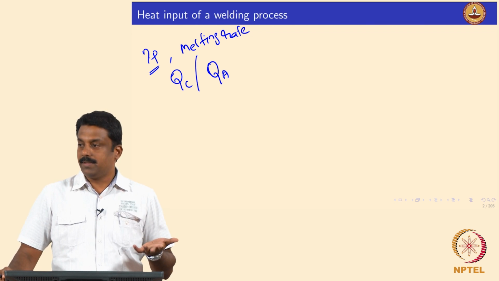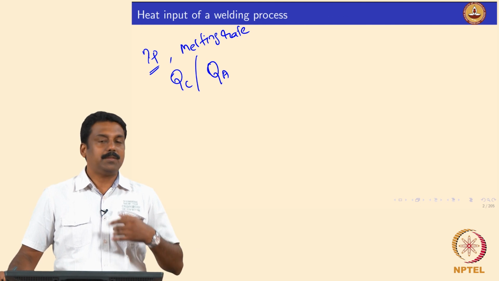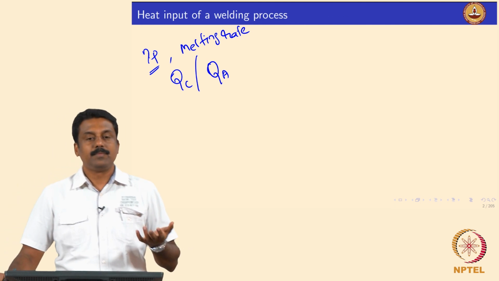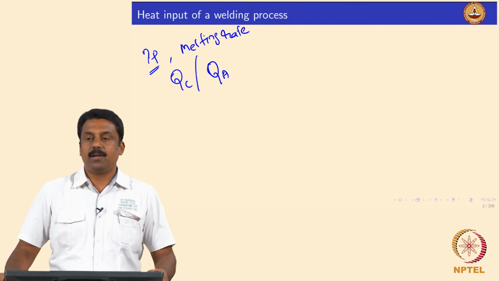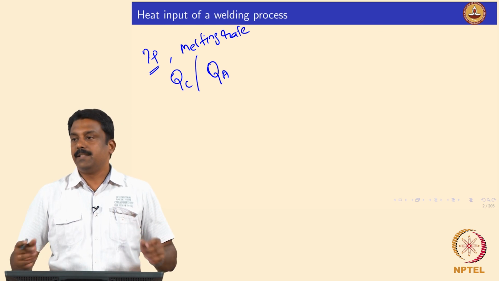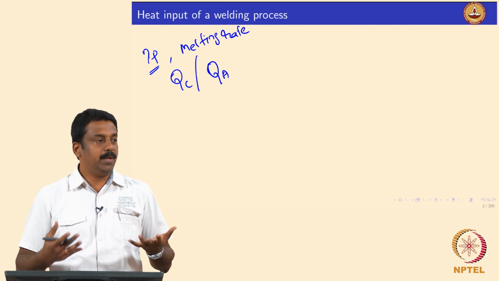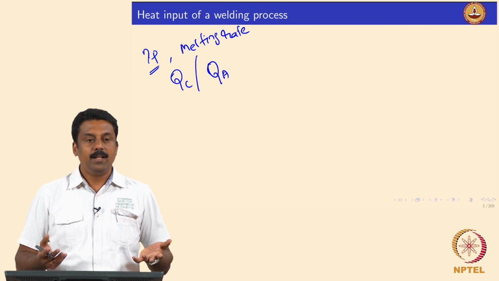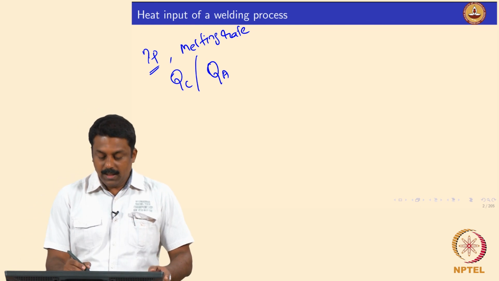In the GMAW process it is both QC plus QA, because whatever heat is generated in the cathode is also transferred back to the workpiece, if it is electronegative. So in the GMAW process it is the addition of both QC and QA, and that is why the efficiency is much higher. The efficiency is also determined by